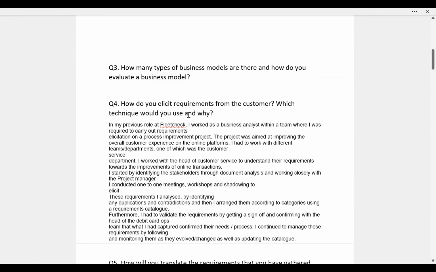So how do you elicit requirements from the customer? Which technique would you use and why? So in my previous role at Fleet Check,